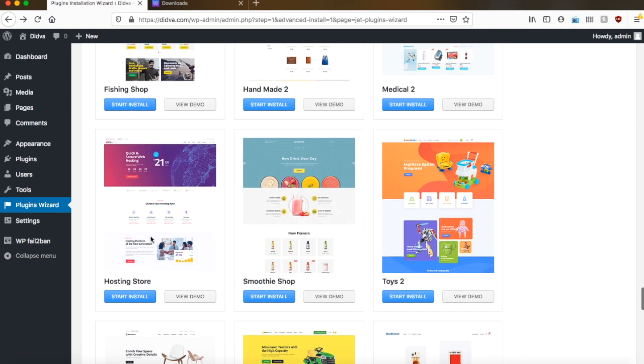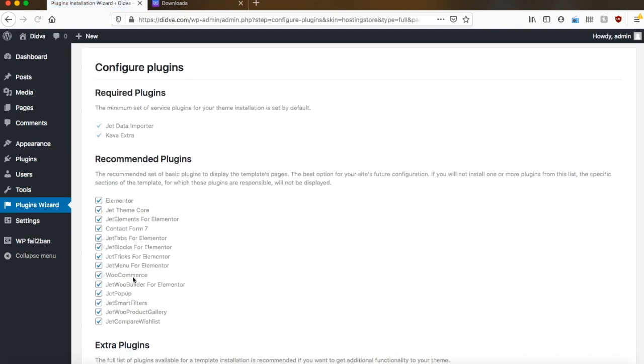I would like to try to install the hosting store, which is closely related to e-commerce, to a SaaS type of business. So let's click on the install button on that theme. On the next page, the theme recommends